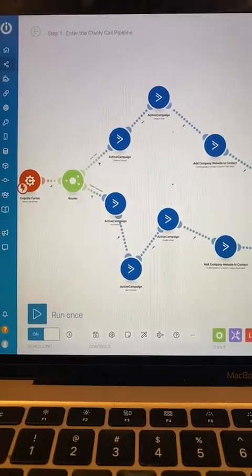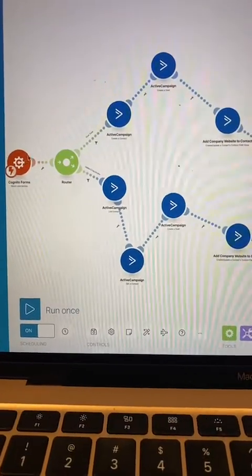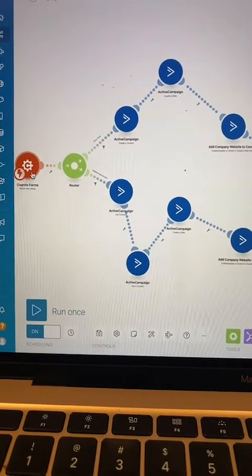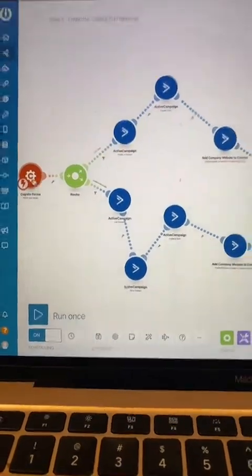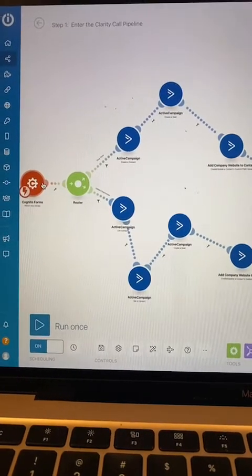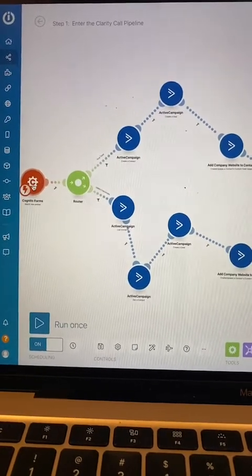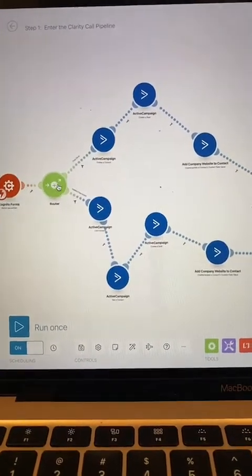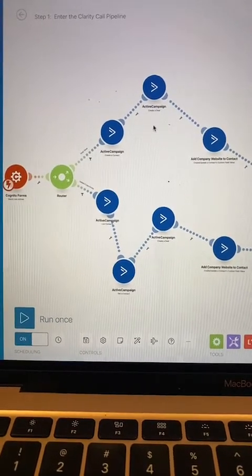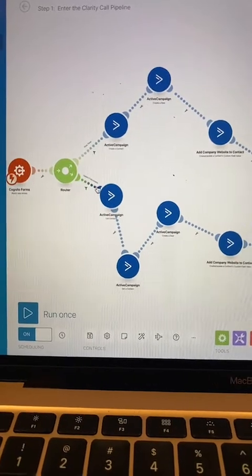Okay. All right. So it all starts with the clarity form. If you're interested in a clarity call, we've got a form that you fill out on our website that just says, hey, I'm interested in the clarity call. These are some of the questions that I have. When you complete that form, what's going to happen is Integromat, the tool that we're using to connect these items in our system,